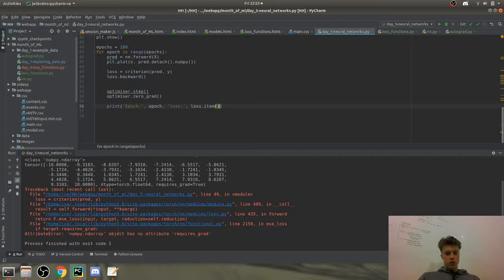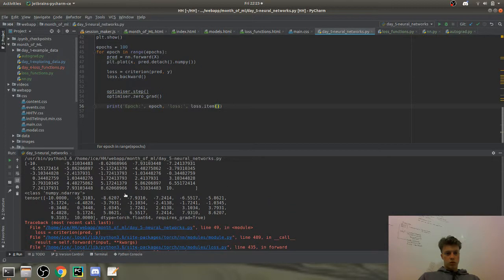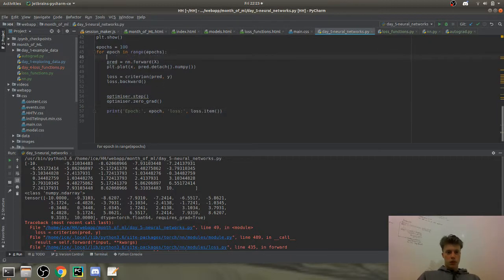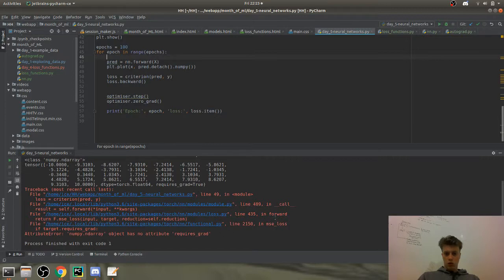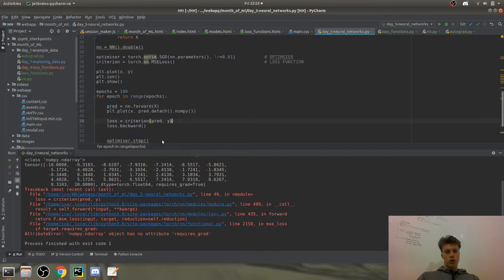Okay. Hang on. Okay, cool. So that didn't work. Where didn't it work? In line 49 in module, loss is criterion of prediction. And why? This NumPy array has no attribute requires grad. So what we need to do is use the capital Y like that,